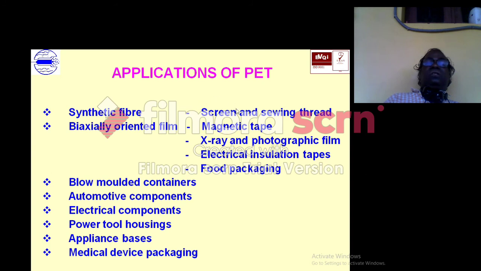So these fibers are used for making clothes. Polyester cloth is made up of this PET only, and by orientation, film, magnetic tape, X-ray. Then blow molded, as I told, by blow molding they manufacture PET bottles for all the beverages, cool drinks, and automotive components, electrical. These are the various applications of PET.